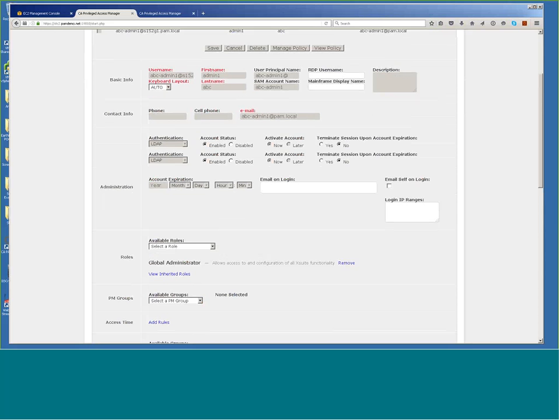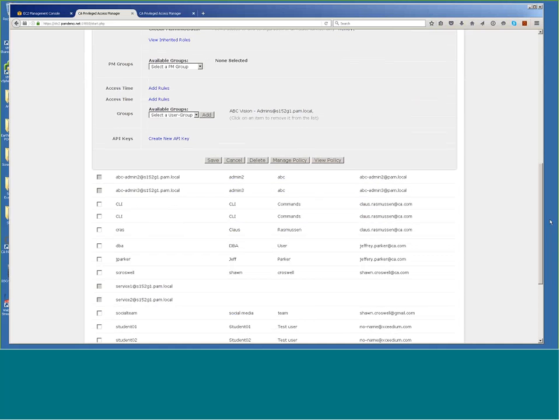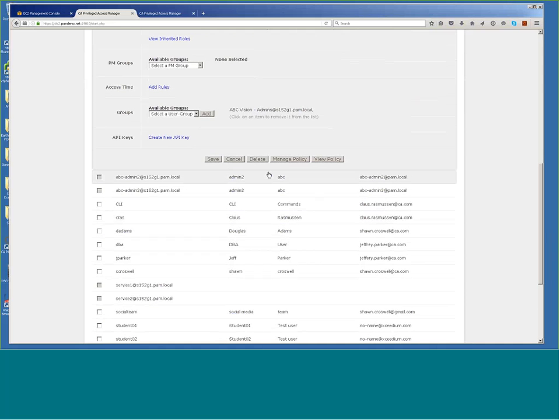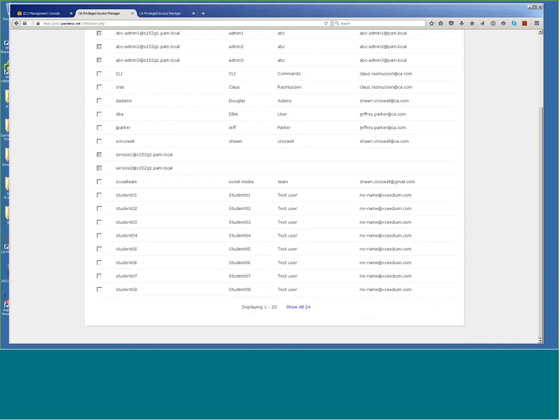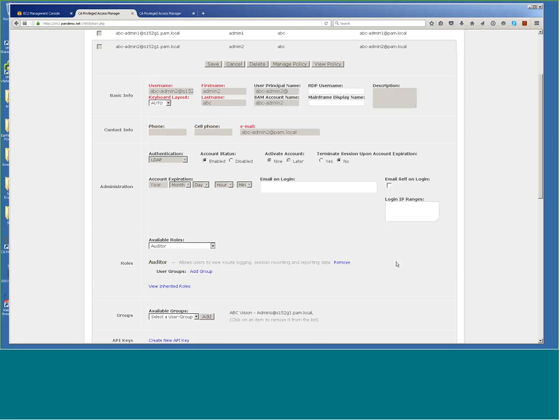The others, I can come in, I'm going to cancel that out, but then I could come in and say ABC Admin 2, that's an auditor. So even though when I'm syncing with that group, I can say at the group level, I want everybody in ABC Admin to be a global administrator in PAM, because it is an admin group. But if this is a group that might encompass many different roles, many different types of users, I can say, you know what, that's just an auditor, so I'm only going to give them the auditor role. I think Sean, that's what you're asking?